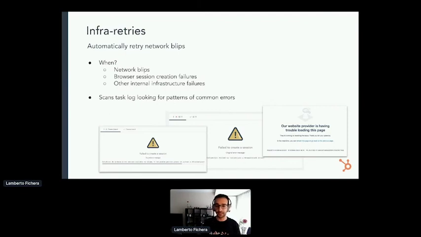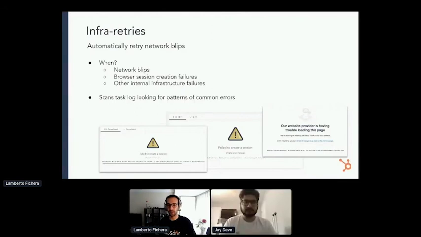We get alerted by them, so we know that they're happening. And we also get alerted collectively for all of HubSpot. And at the same time, if that's outside of your hands, we don't want your work to be interrupted by them.